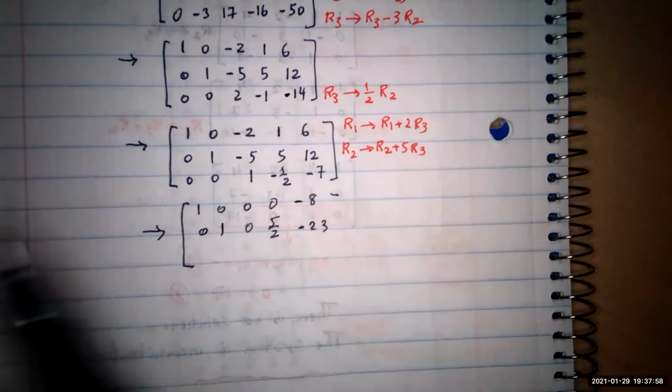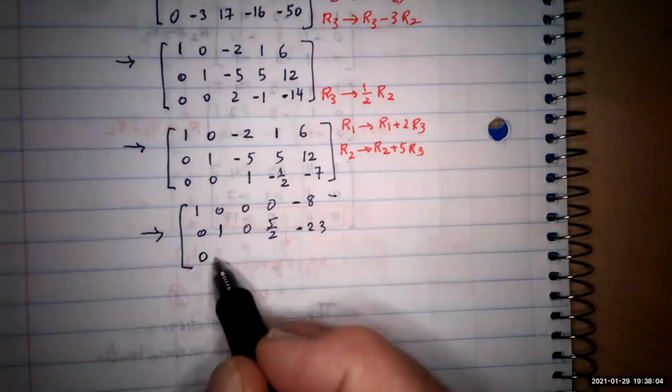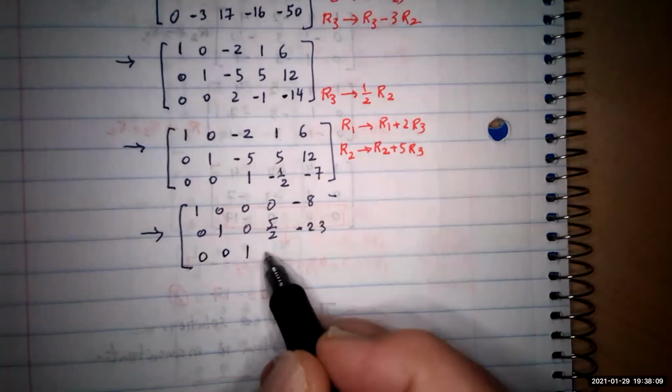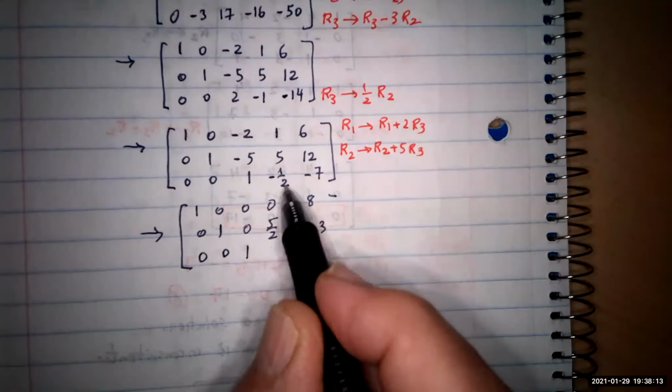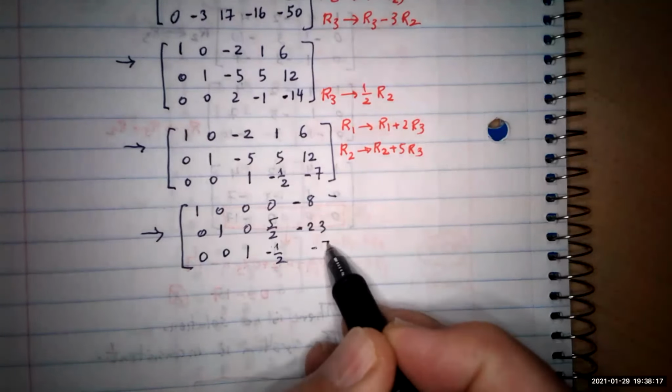Negative 35, 12 out, so that gives you negative 23. And the last one is going to be 0, 0, 0, 0, 1. Okay, 0, 0, 1. And this is going to be simply the negative 1 half and the negative 7